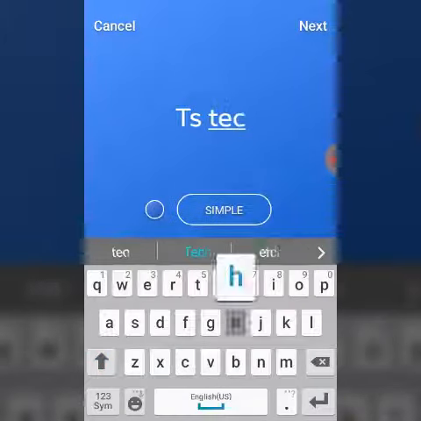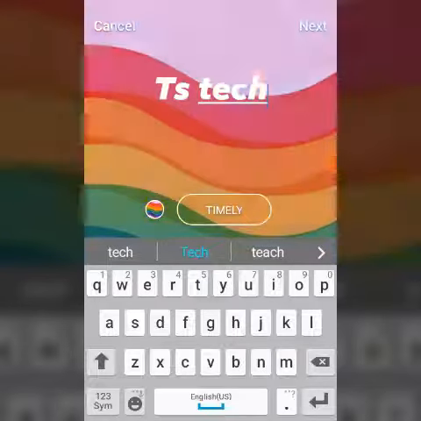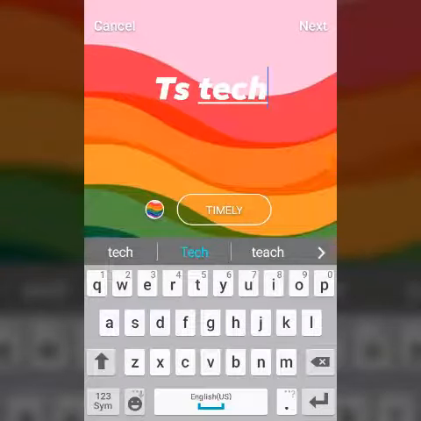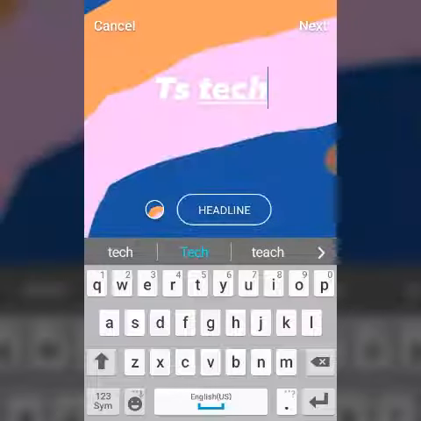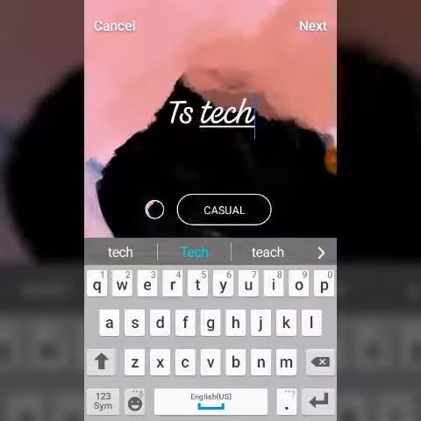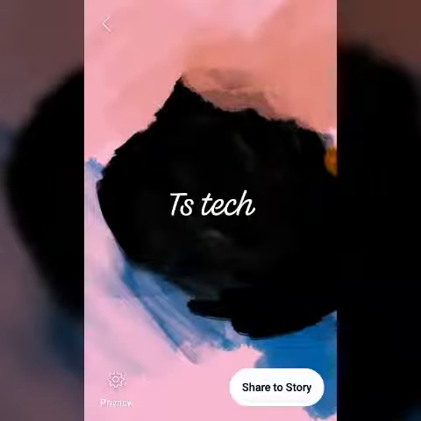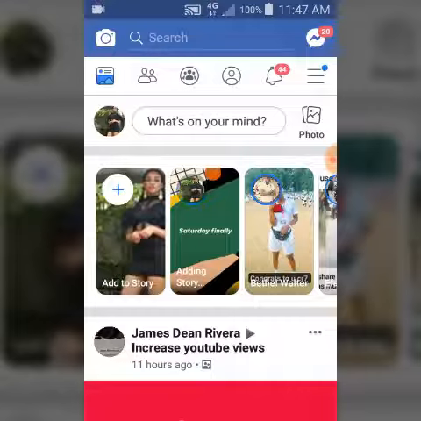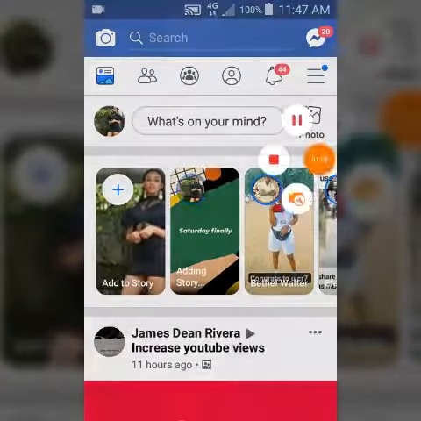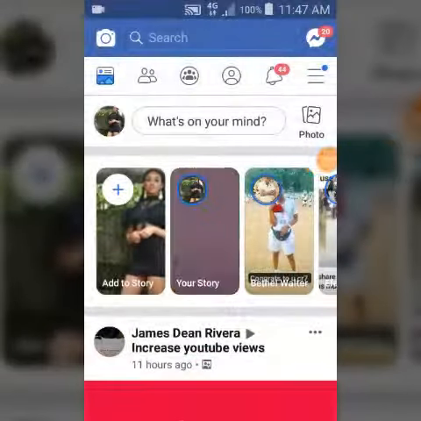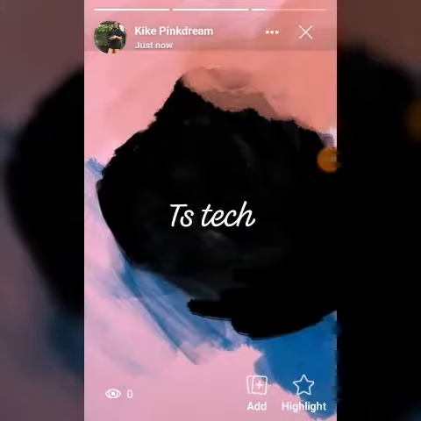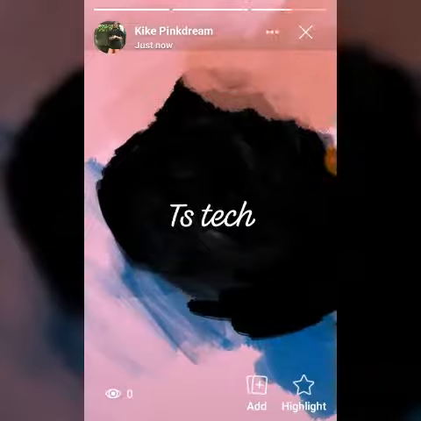TS Tech. And so just go ahead and click on this sample to select different timeline you like. Once you've seen anyone that makes sense, just go ahead and click on next, and then just say share to story. So once you share that story, give it some minutes to upload, and once it's uploaded, go ahead and open it. And if it's open, click on this option, just